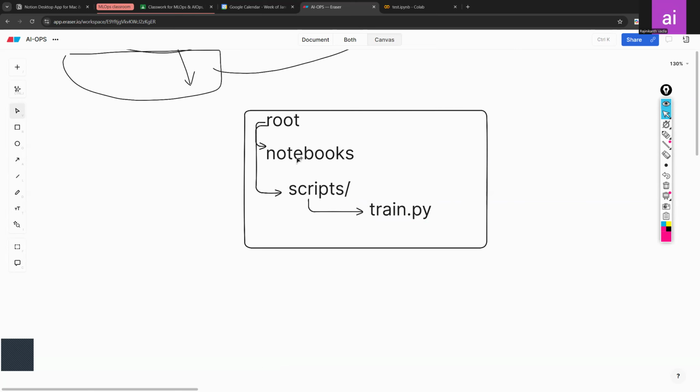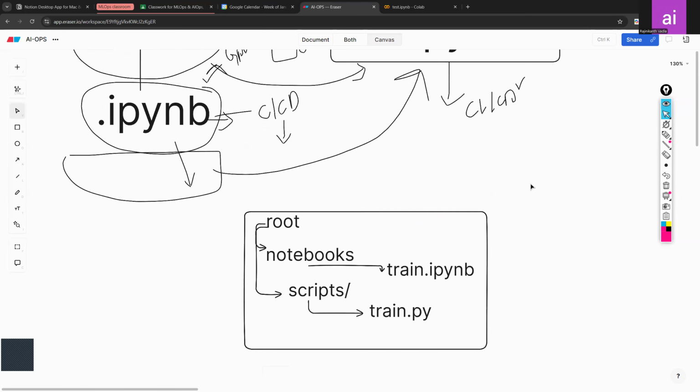Now you know why I'm telling this. The basic difference in Python is the folder structure, right? Here you're writing the same train or exploration train.ipynb, and whatever experiment you're doing in this, you should convert into a script with the .py extension. So this is a main job